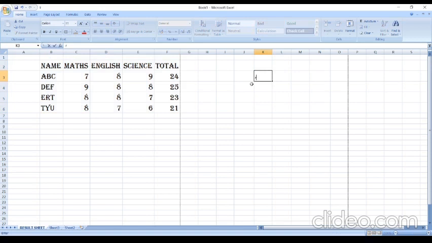First is relative, next is absolute, and the third is known as mixed reference. Relative reference: by default we are using relative reference, as I have already explained to you when doing the total. Which reference have we used? Relative reference, which is the normal reference used in any formula that we are using.